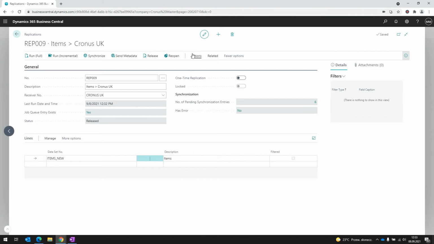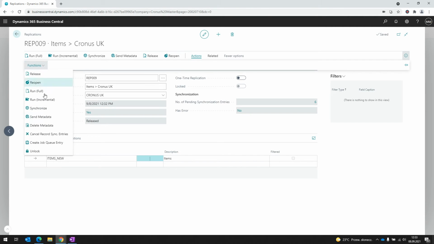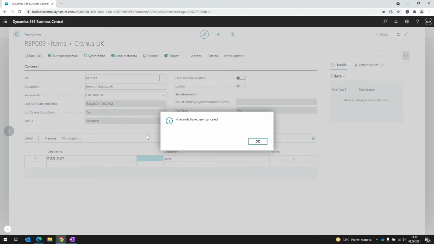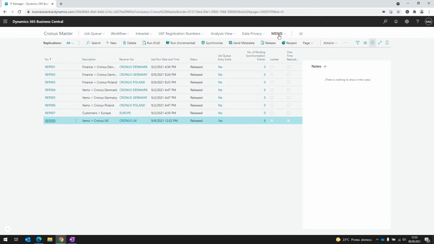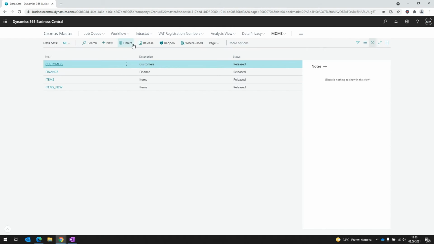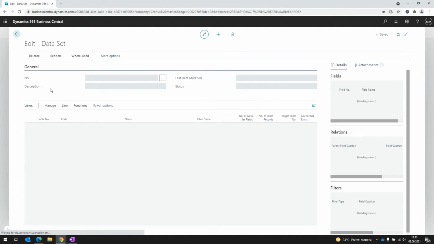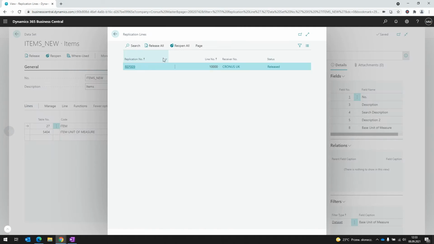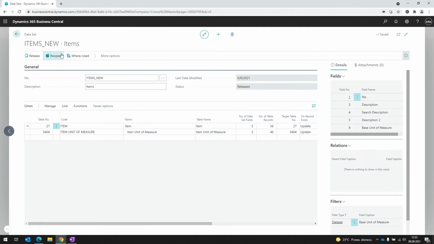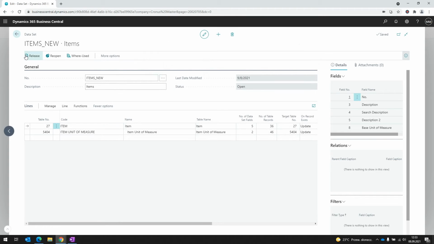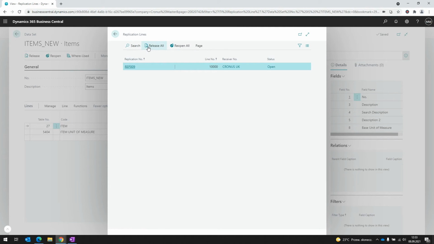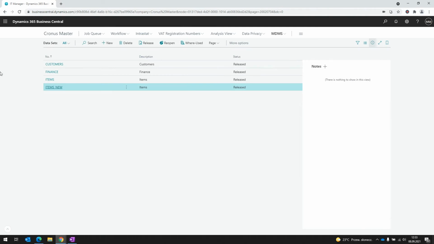Okay, so let me cancel these entries now. I can use the cancel recursive entries action to do that. Let me delete this filter on the dataset. So again, I am going to the items new, reopen all replications, reopen, go to the line filters and delete this filter. And then again, release and release replication. Okay, the next place to set up